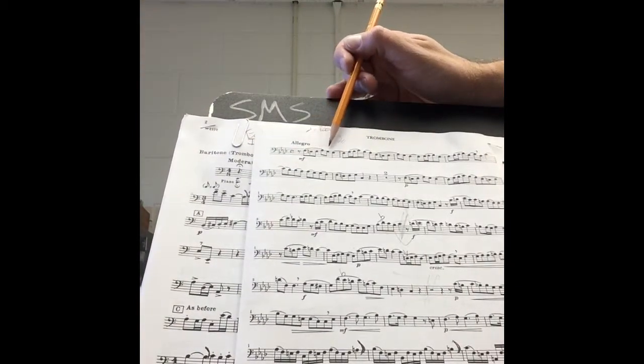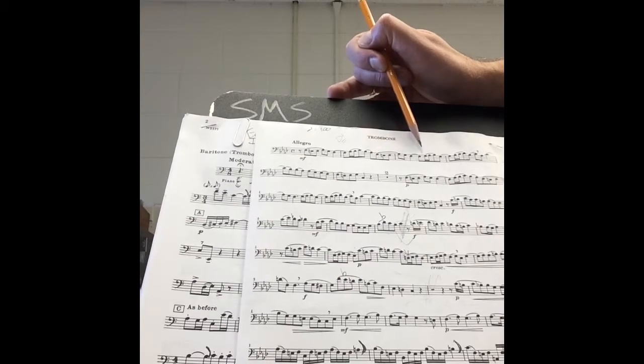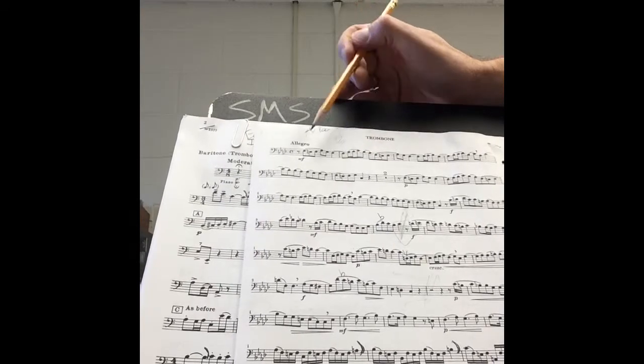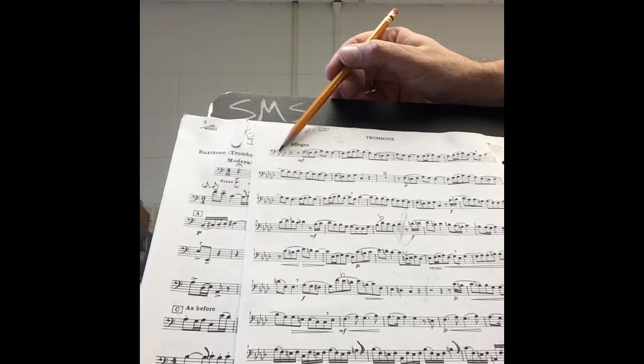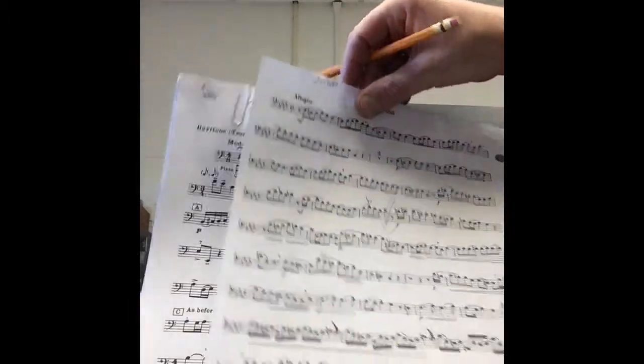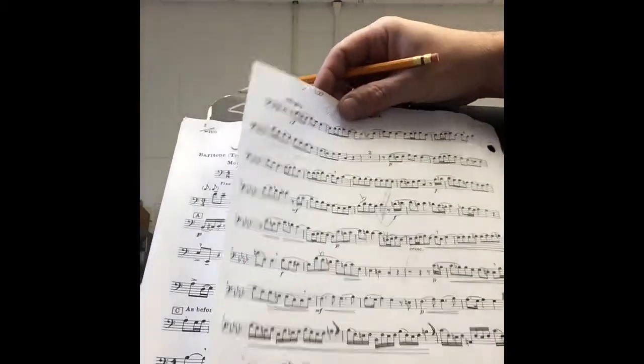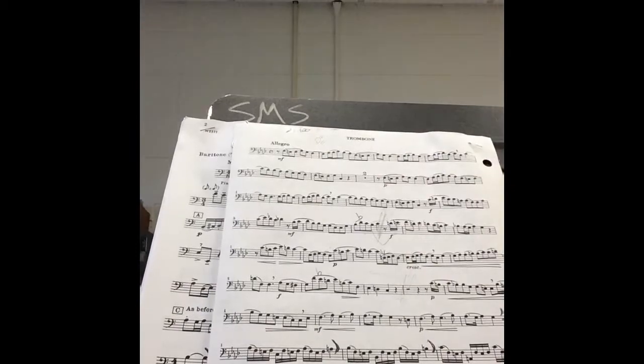Rest, da da da da da da ba da da ba da ba da da da da ba da da ba ba ba da da ba. By the way, this one's in the same key signatures we had before: B flat, E flat, A flat, D flat. That was the same as the Handel that we had before. Okay, so still D flats on this one. On this faster movement, there's lots of 16th notes later, of course. We get into...